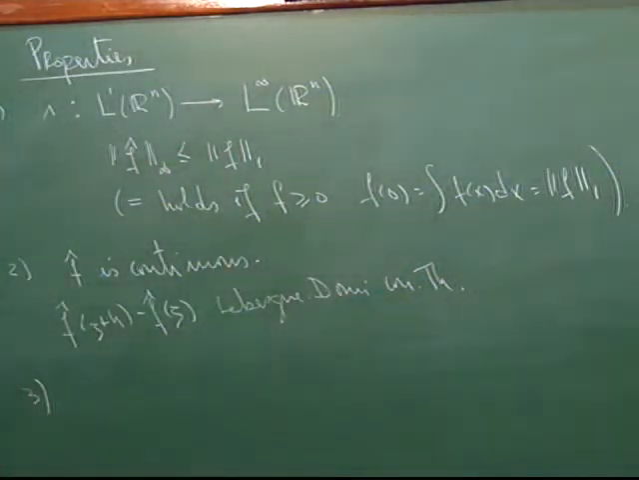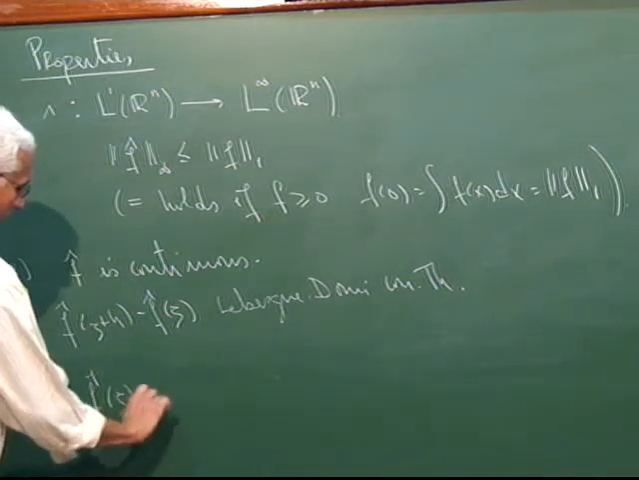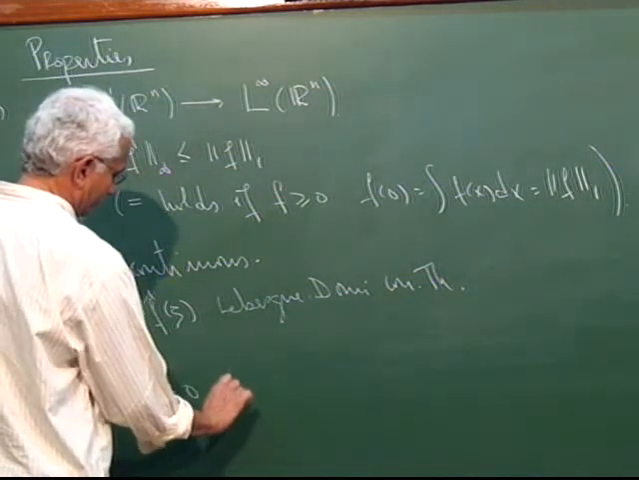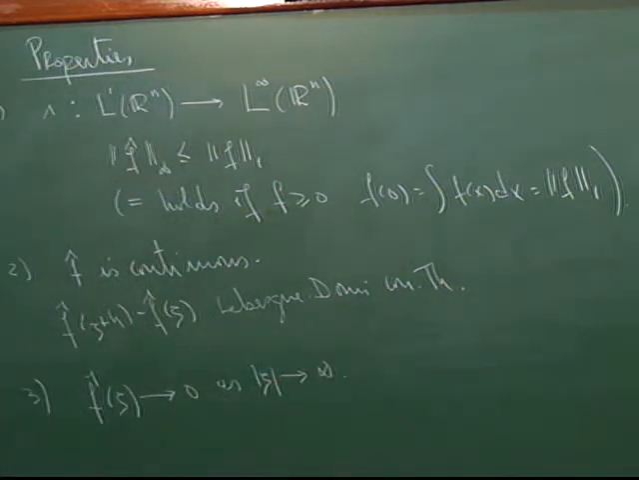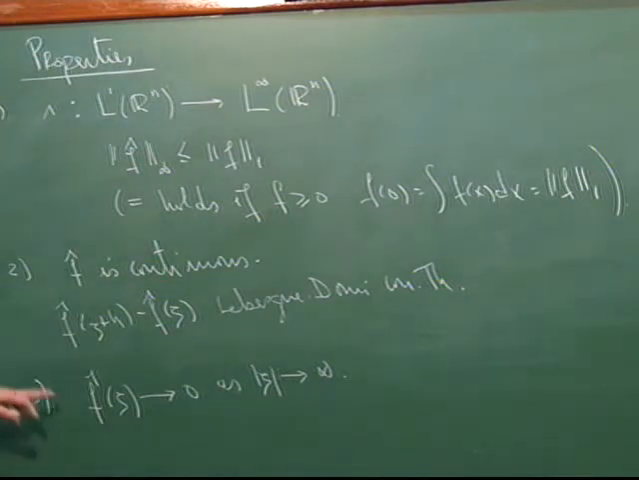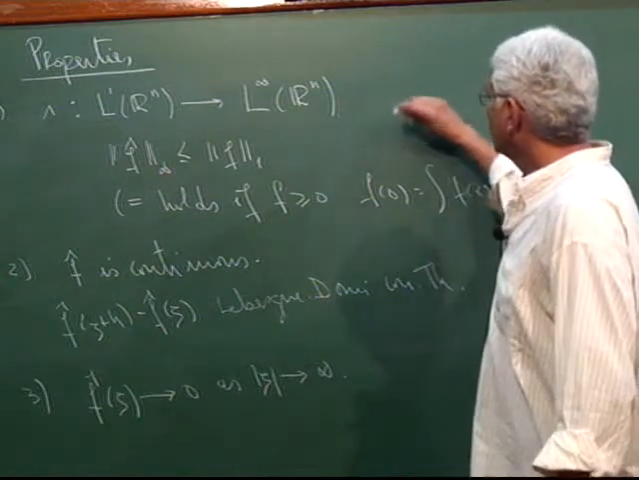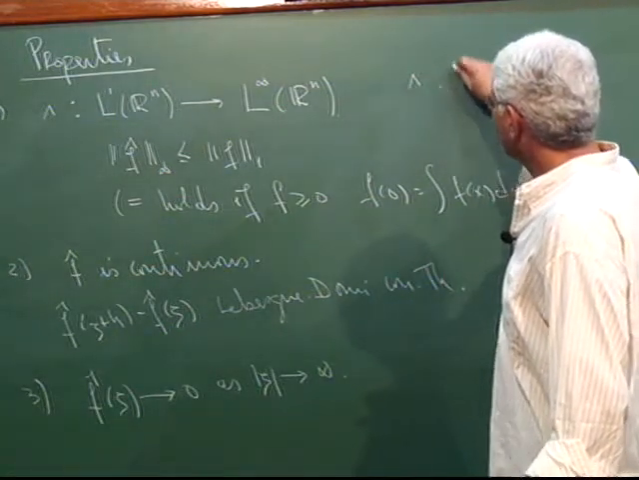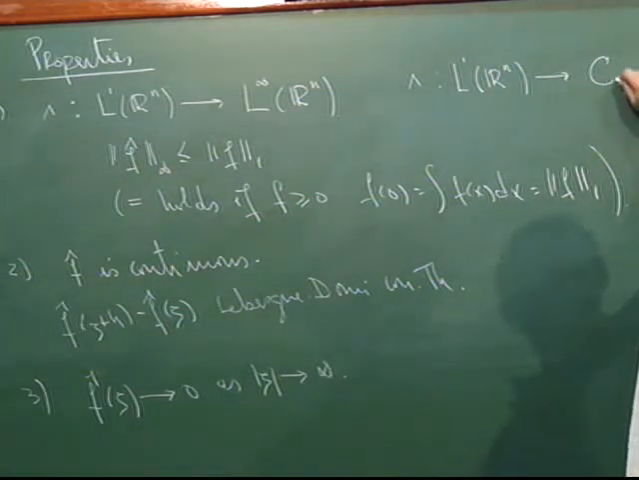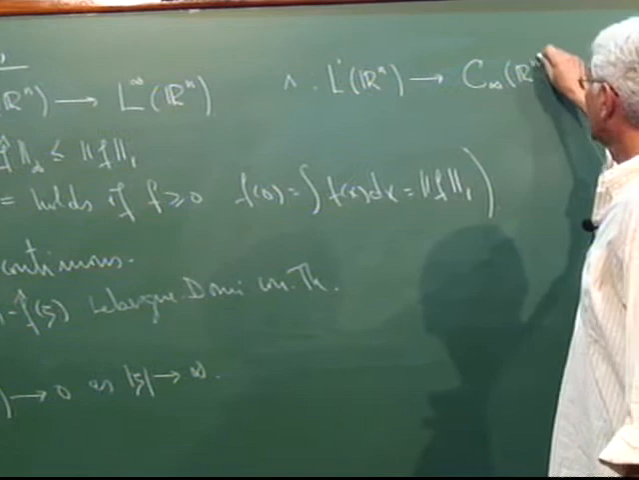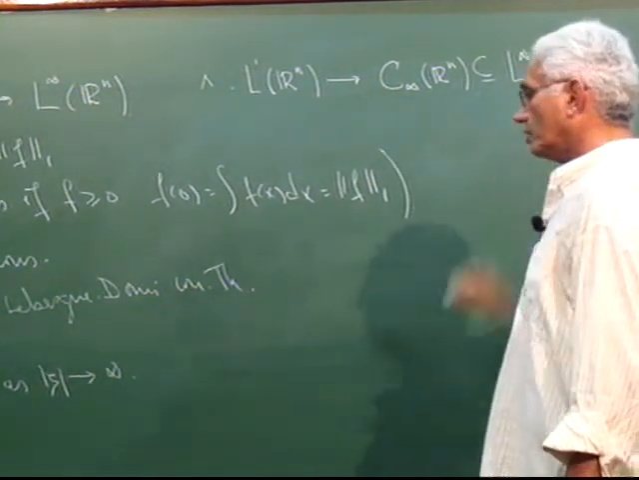In fact, it's still a little bit better. It's not only that you are continuous, you decay at infinity. How do you prove that you are in this space? Then in general, if we put all together, it means that you are sending L1 into the continuous functions that vanish at infinity. That is a subspace of L infinity. Okay, how do we prove this